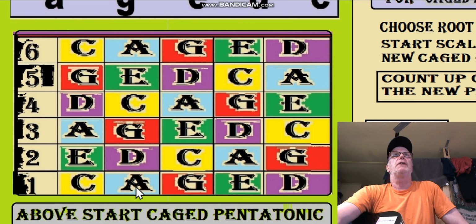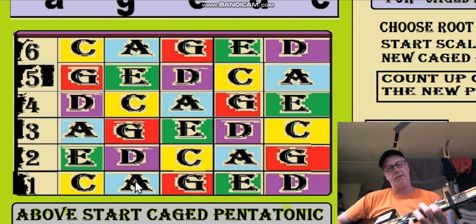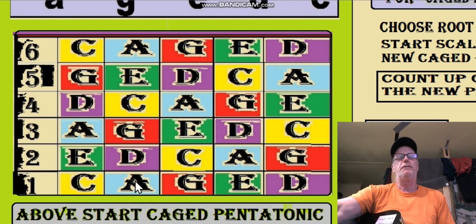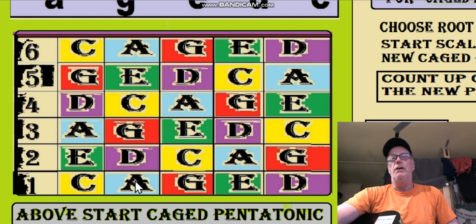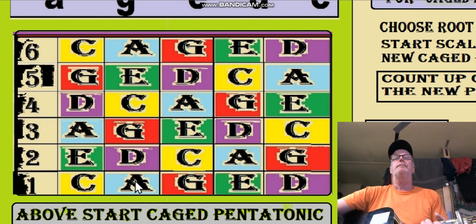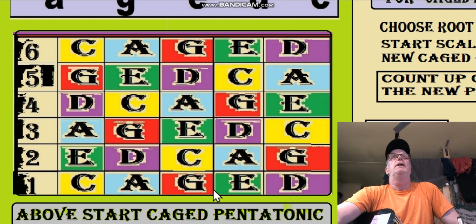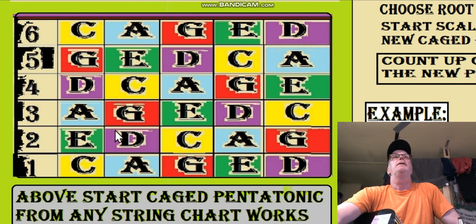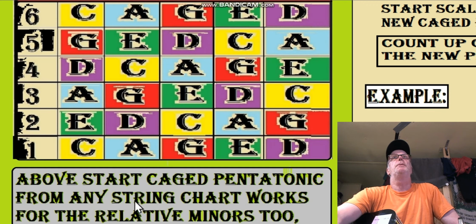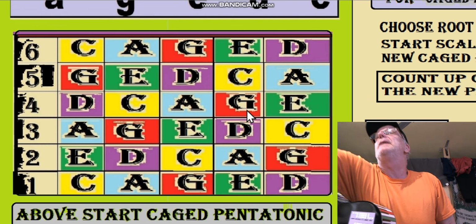Because what it means is if I start an A shape, here's an A-shaped pentatonic scale, but we're going to find out that we can extend that to arpeggios that are cage-bound within that pentatonic scale. So anything that is bound by that pentatonic scale can also be applied to the functioning of this chart. The above Start CAGED pentatonic from any string chart works for the relative minors too. And then it gets a little complicated because